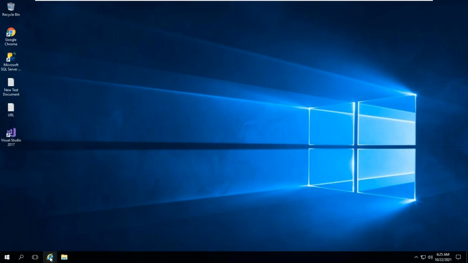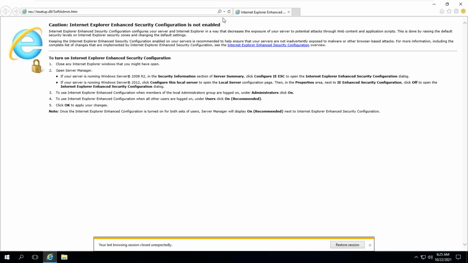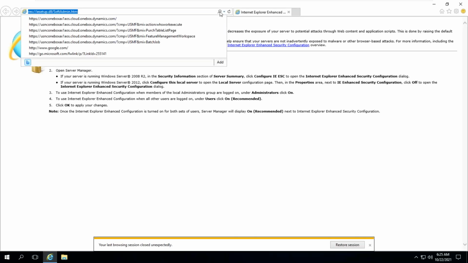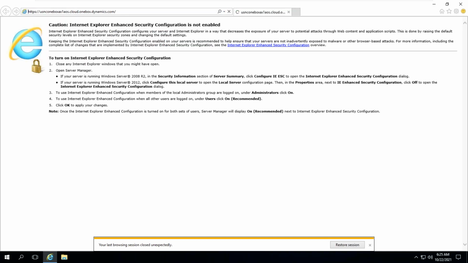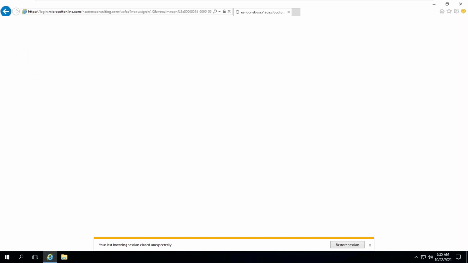I'm going to Internet Explorer. In this link you can select. In a real-time scenario, whenever you are working in a company, you will have the web link, username and password. With the username and password you are able to log in, but here this application is configured in my local system.